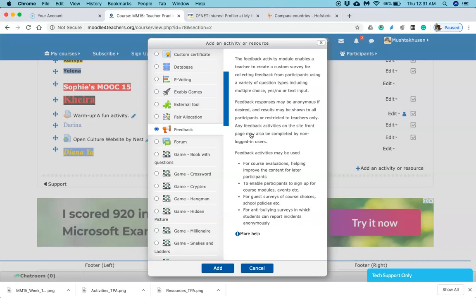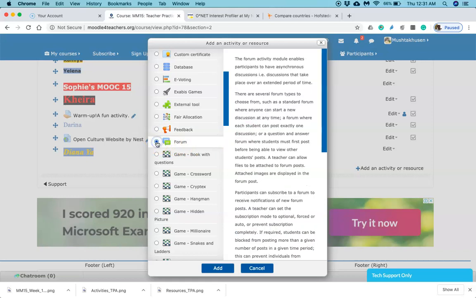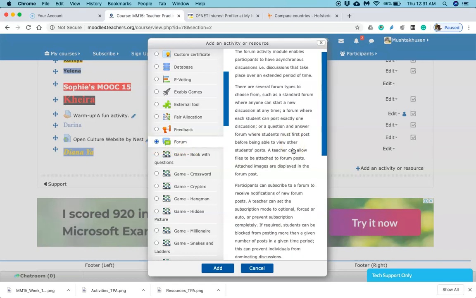So for example, you have completed one course. On completion of that course, if you want to take feedback from your students, you can prepare a questionnaire, maybe using a Google Doc or Google Form, or you can use some tool like SurveyMonkey, and you can just share the link so that you can get the feedback from your students. Then forum. Forum is just for discussion, right?